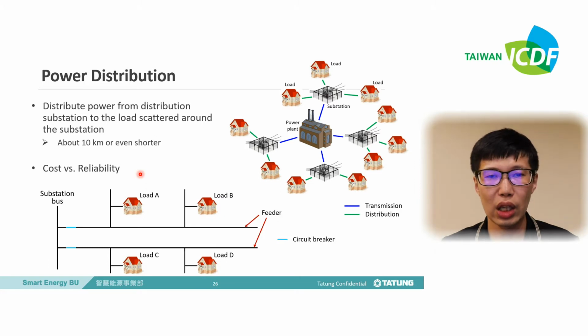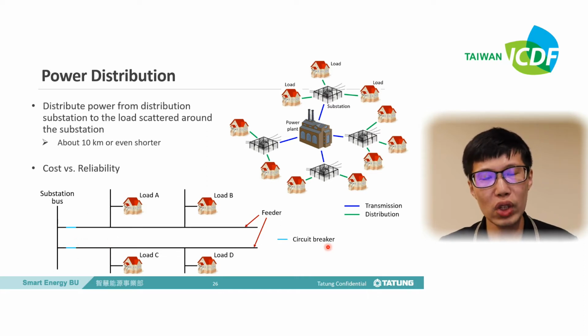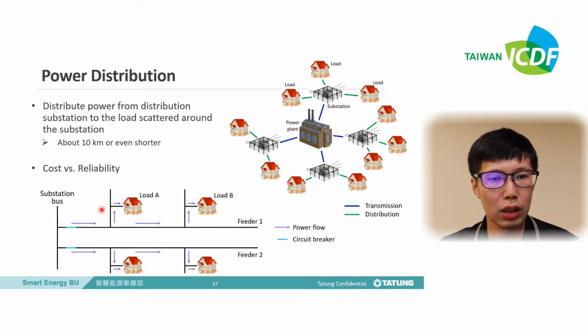Here is an example. This is the bus of the distribution substation, and these are two feeders, and there are 4 loads here, load A, B, C, D, and the blue ones are circuit breakers. So in the normal case, the power can be distributed from the bus to load A and load B by feeder 1, and to load C and load D by feeder 2, just like this. And if